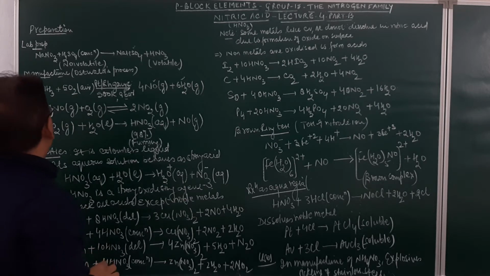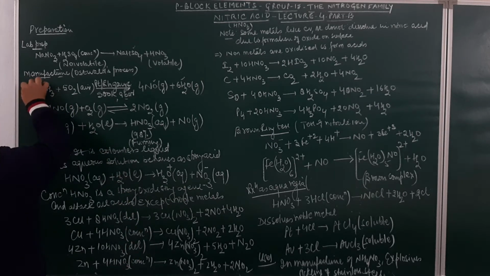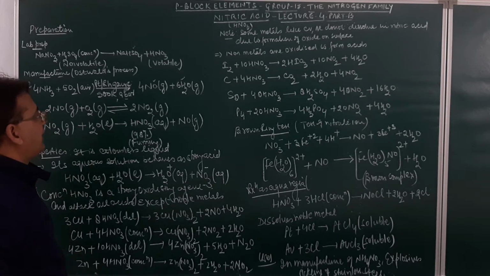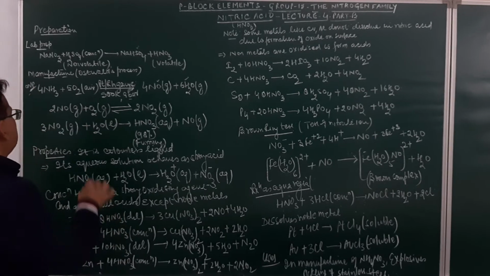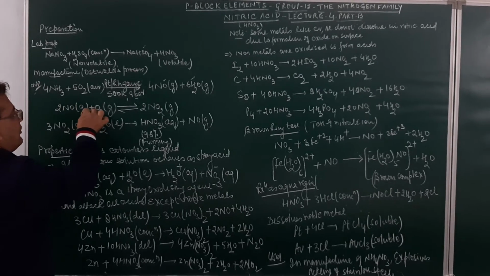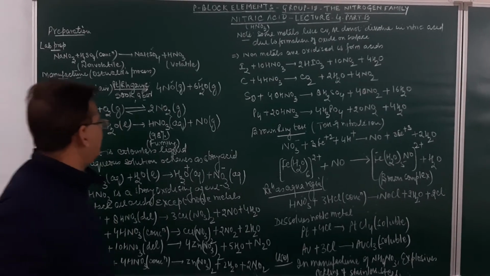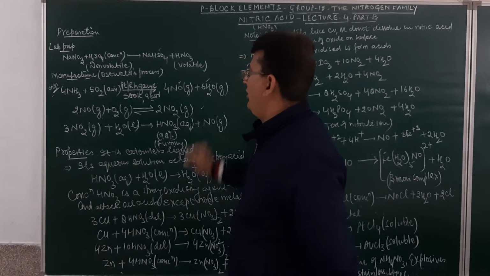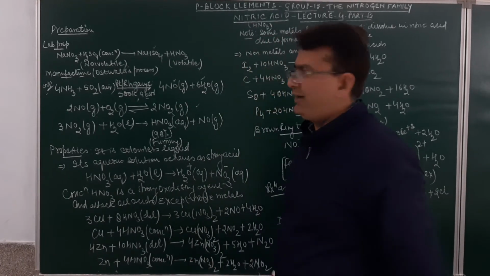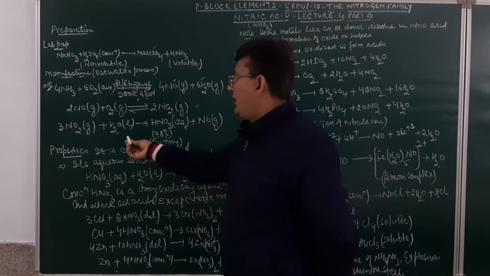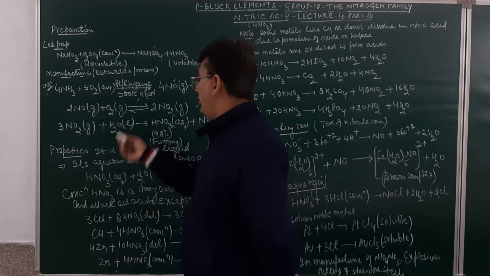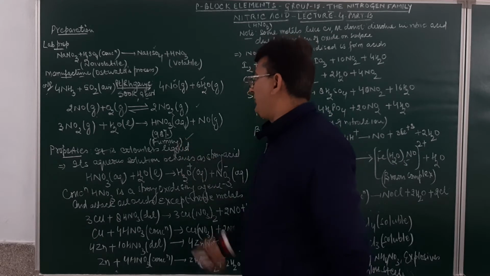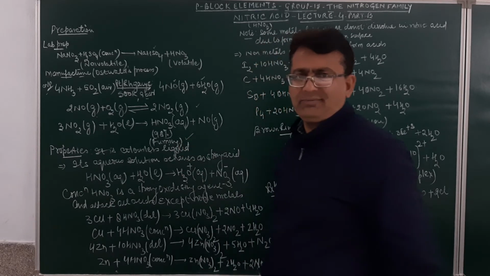Ammonia, a very important reaction as far as the complete reactions are concerned. Ammonia when oxidized by oxygen will form nitric oxide and water. This nitric oxide in the form of a gas will then combine with oxygen gas and result in the formation of nitrogen dioxide. Am I clear, student? Now, nitrogen dioxide when dissolved in water, it will result in the formation of nitric acid, and fuming 98% nitric acid will be obtained by this method.